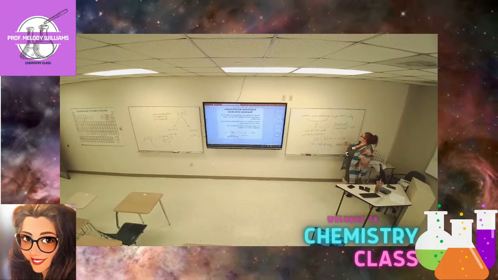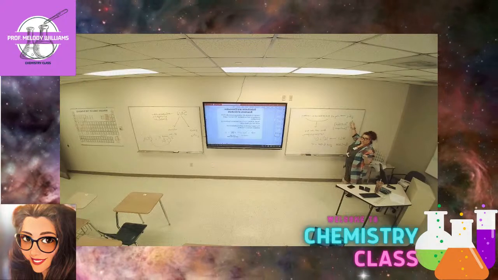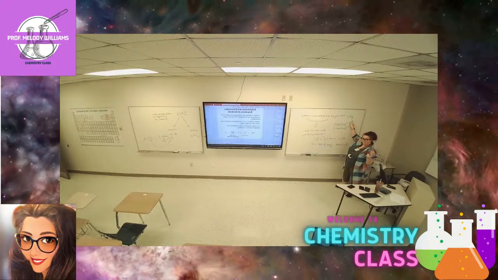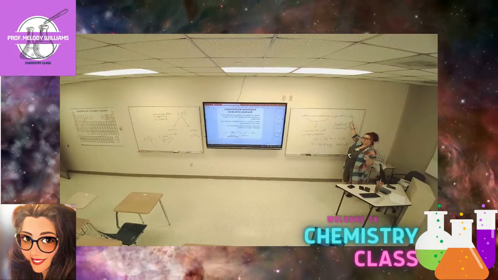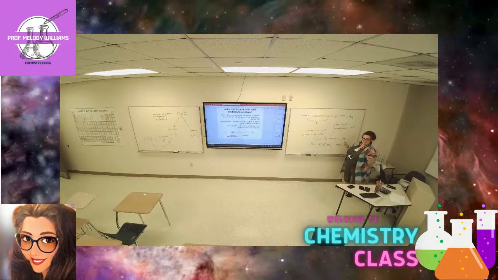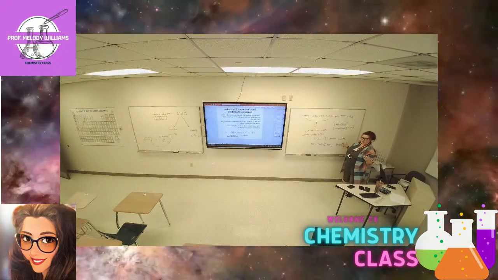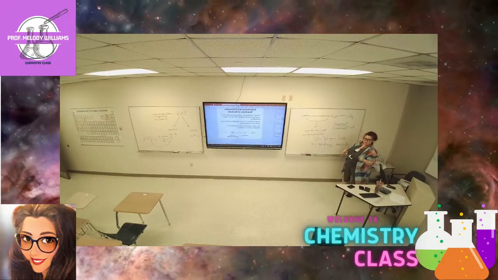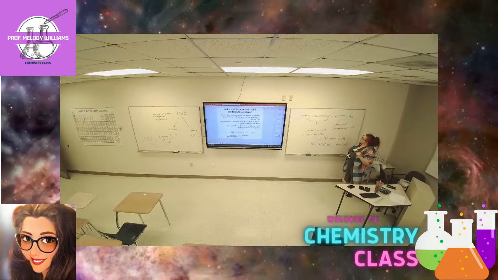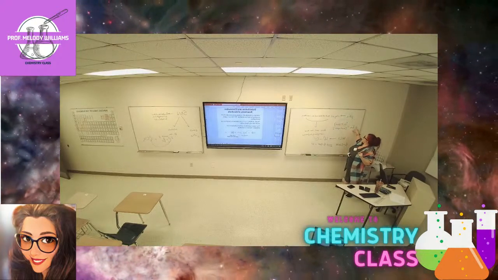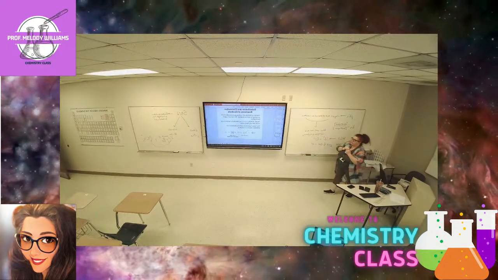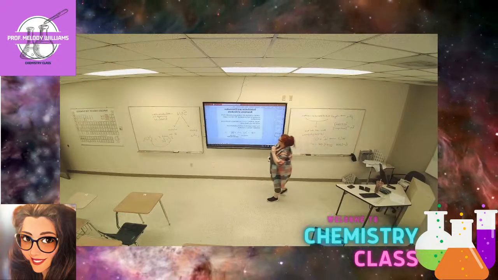So when we take the negative log of a big number, we get a small number. When we take the negative log of a small number, we get a big number. So it's kind of like pH. The more acidic something is, the lower the number. So once we do that negative log, that's what that P means. If this number's huge, it's going to be a smaller number once we take the negative log of it. So for pKa,